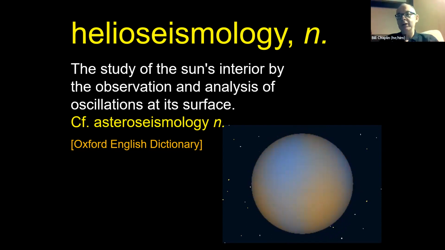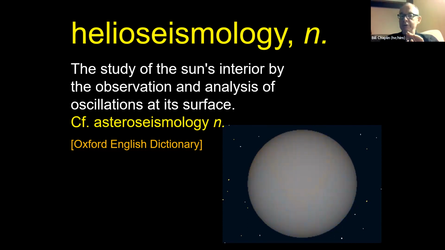But what we find is that in sun-like stars we actually get a really rich spectrum of both radial and non-radial pulsations excited to observable amplitudes, and also many harmonics of each of those different radial and non-radial modes. As we'll see in a moment, by measuring the frequencies of all of those oscillations, and also the splittings of the frequencies due to rotation, we can build up a very detailed picture of the interior of the sun, both in terms of its hydrostatic structure, but also its internal rotation. So that's what helioseismology is.